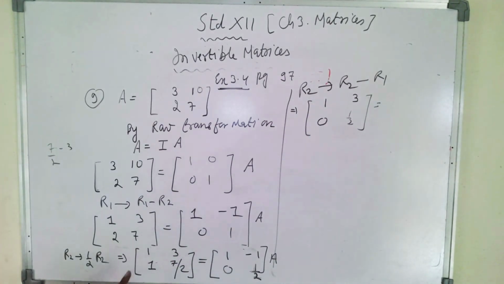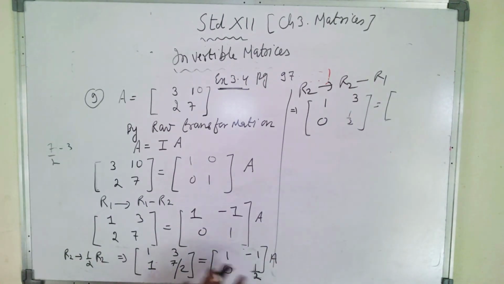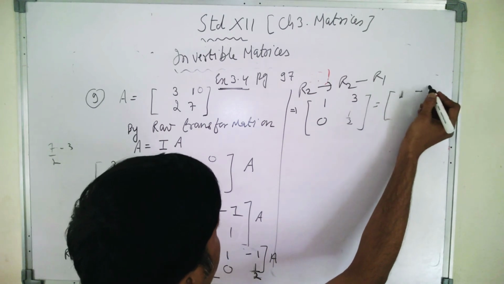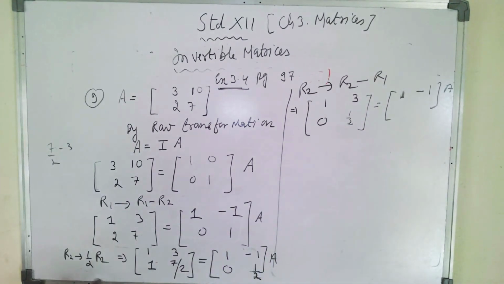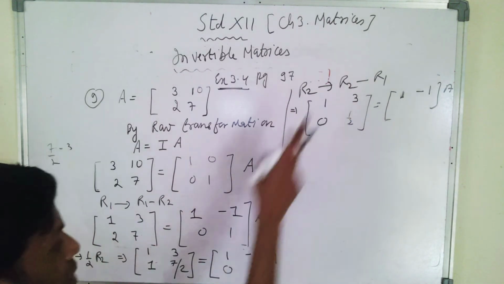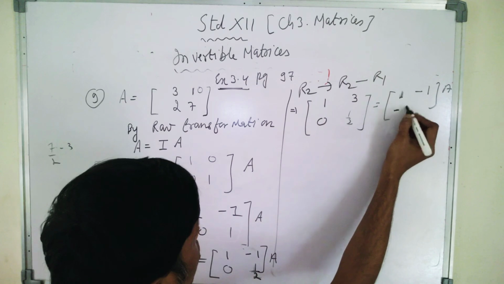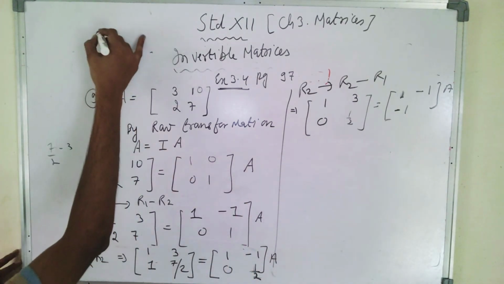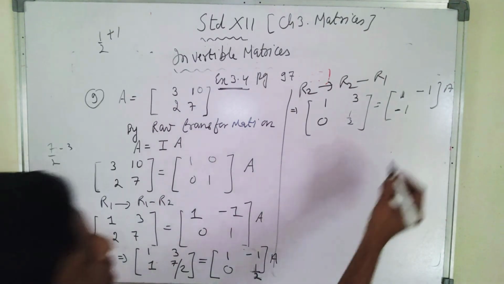Okay. The same way the right side has to be done. No change in the first row. 1 minus 1 as it is. Right? But you need to subtract what? R2 minus R1. So 0 minus 1 is your minus 1, and half minus of minus 1 means half plus 1, which is nothing but 3 by 2.